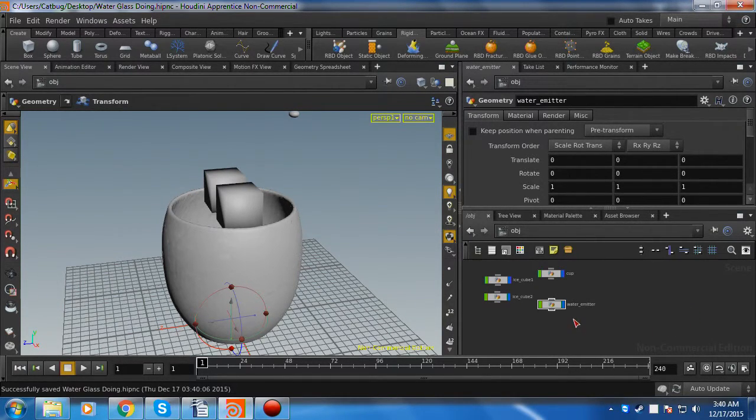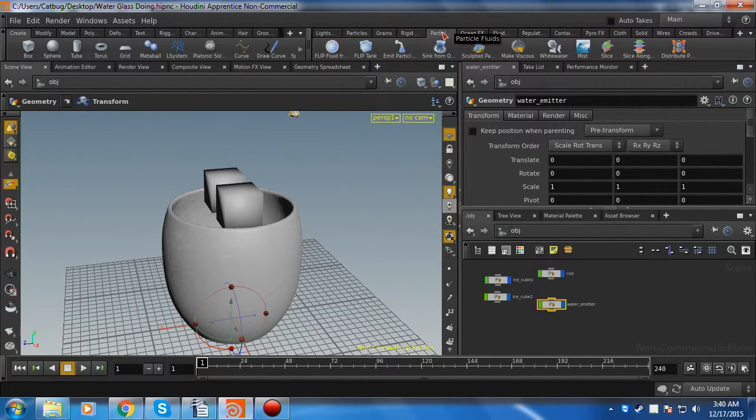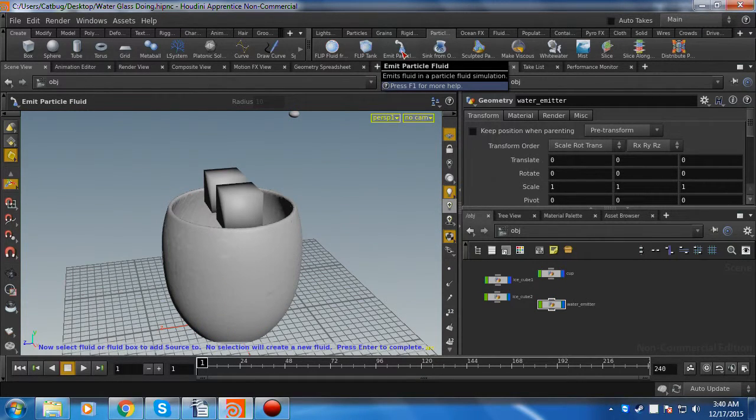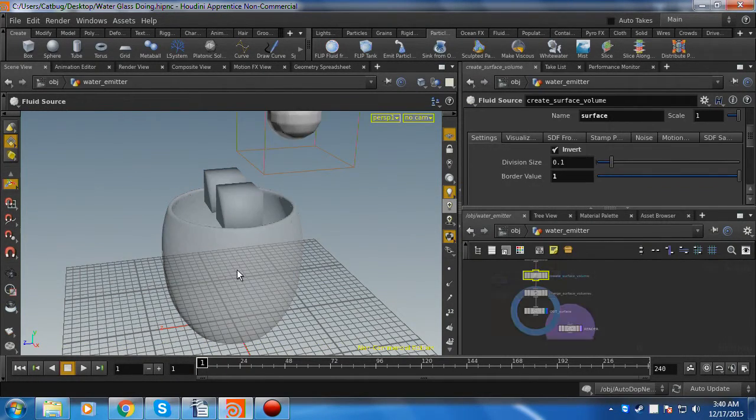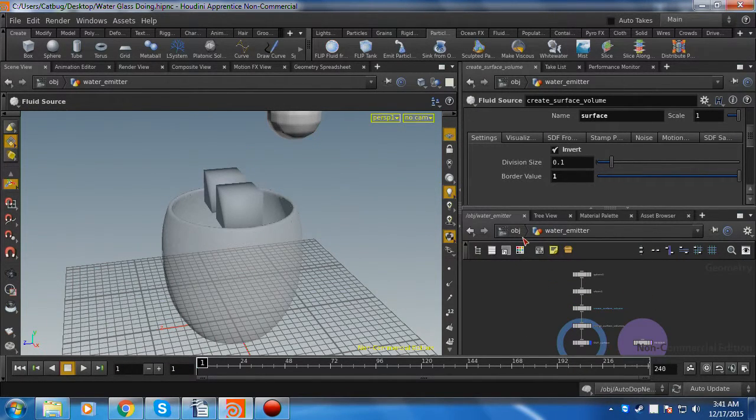Okay, so first, we're going to want to go up to particle fluids with our water emitter selected, and then click on emit particle fluid. It's going to ask you to select a fluid or a fluid box. Just click enter. It'll create a new one for you. Okay, so you're going to want to click on your Create Surface Volume node,